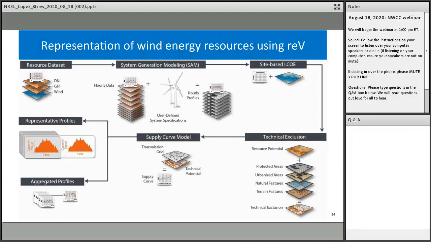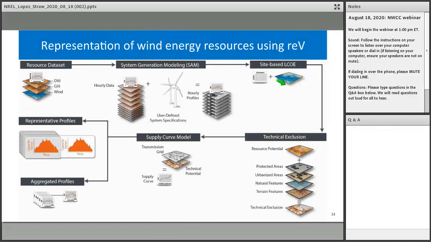I'm going to go ahead and activate my pointer here and start. So you see in the beginning, we start with wind resource. How much does the wind blow? This is fed into a user-defined turbine characteristic or turbine design that takes into account the hub height, the rotor diameter, and other characteristics. This is then fed into a site,